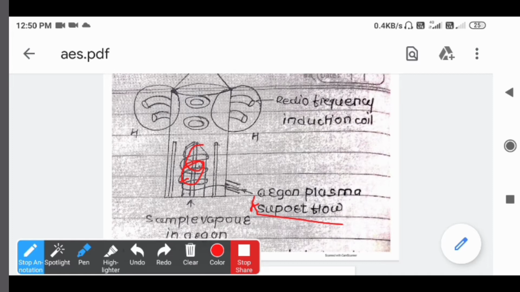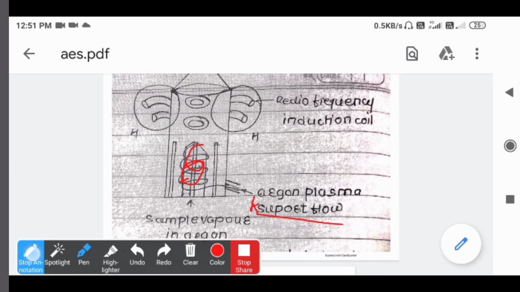The last advantage is that once atomization has occurred in a chemically inert environment, we get a very long life of those particular ions. Atomization in the chemically inert environment enhances the lifetime of the analyte by preventing the oxidation of the analyte. So these are the certain points which are important for the ICP source.